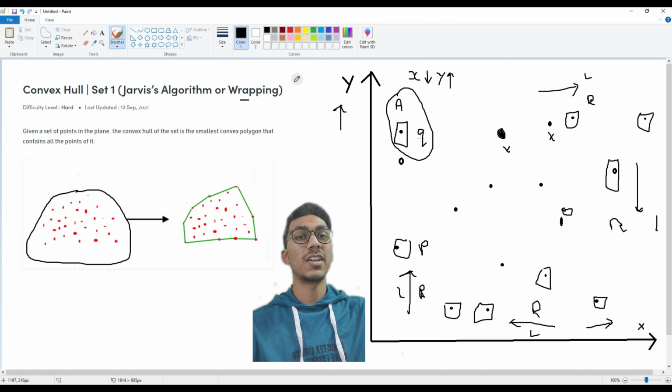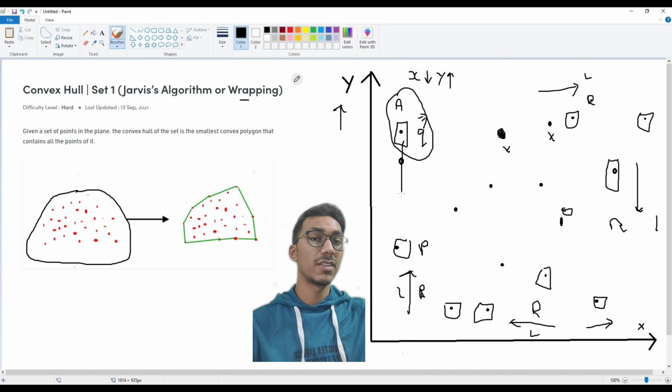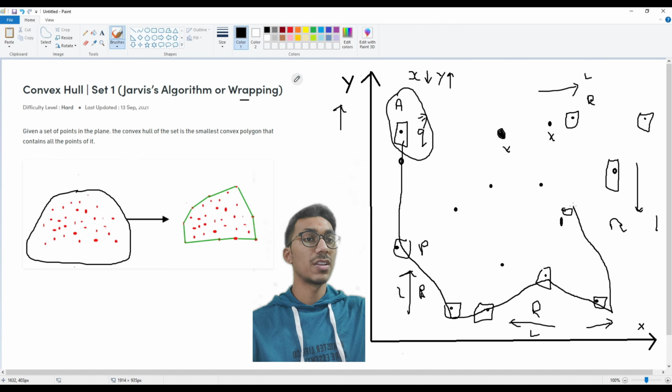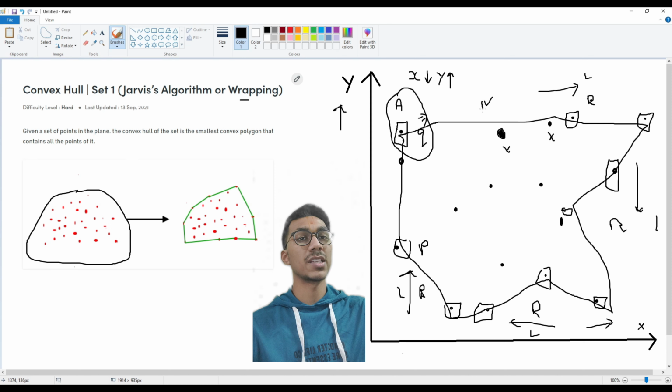When Q reaches the starting point A, we will stop the algorithm and take the points which were found. Now after we join them, you can see that all the points are enclosed by the polygon, so our algorithm works fine. And these are the points which were suitable for finding the maximum distance. Here, if we use this algorithm when we have 500 points, it will clearly reduce our number of points to 30 or 40, which will be a great help to us in the algorithm. Thank you.